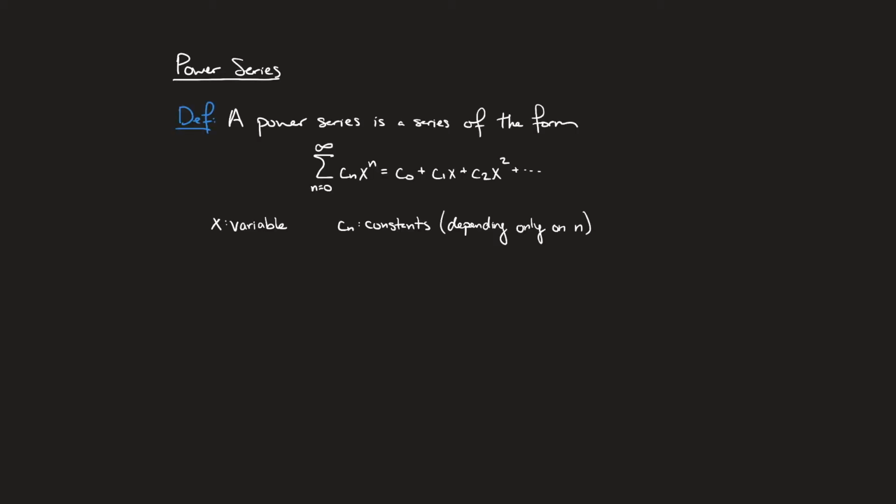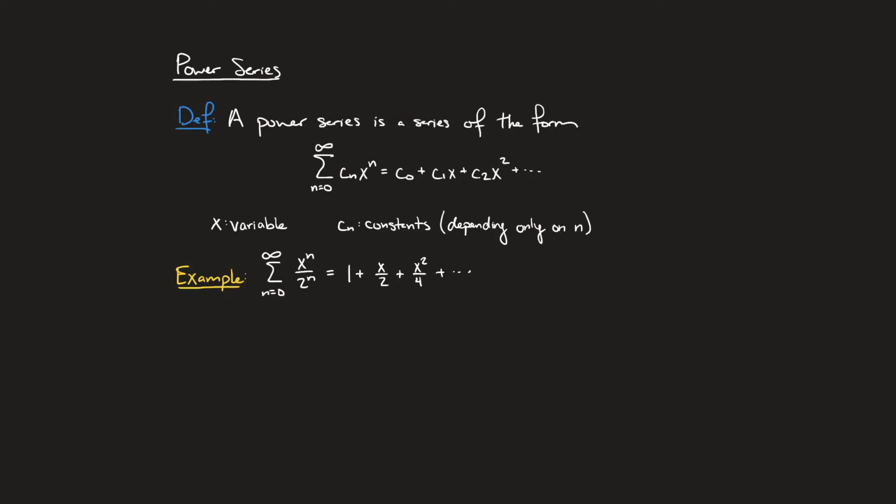Hello everyone. In this video, we're going to talk about special types of series called power series. A power series is a series of the form sum from n equals 0 to infinity of cn times x to the n, where x is a variable and the cn's are constants depending only on n. A simple example of a power series might look something like the sum of x to the n over 2